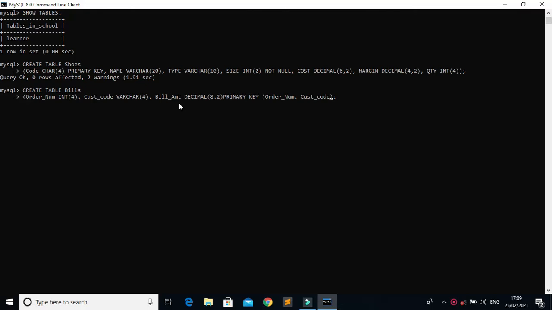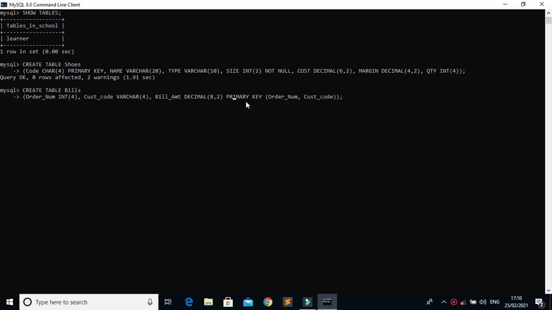Now this will create order number and customer code as a primary key, and no warning will be there after this statement, as we have created order number and customer code at the last as a primary key.